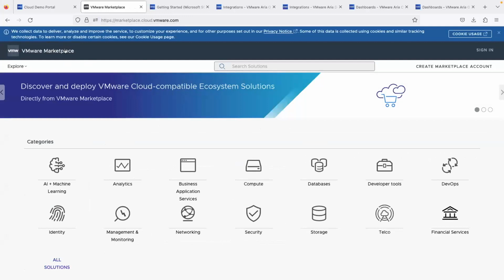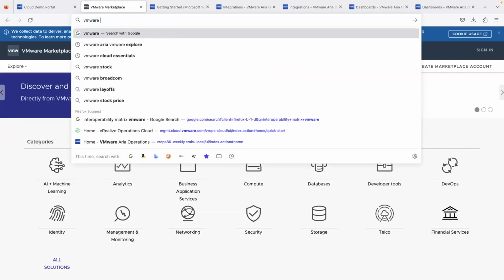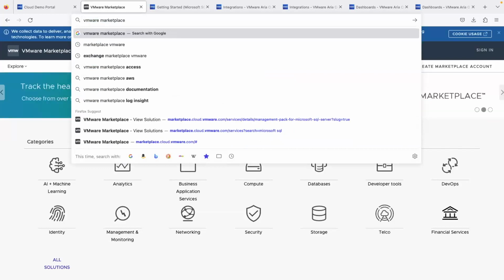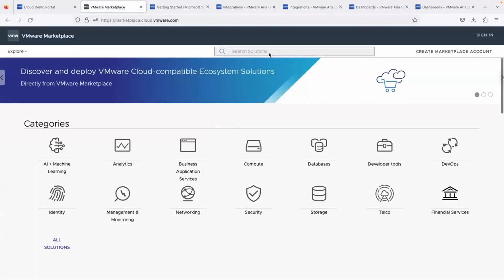is the VMware Marketplace. And now to find the VMware Marketplace, guys, Deepak provided the URL and you can find it that way. But honestly, if you ever can't remember the URL, you want to pull it up quickly, just type in VMware Marketplace and it's the first one that pops up. Now, once you've done that,